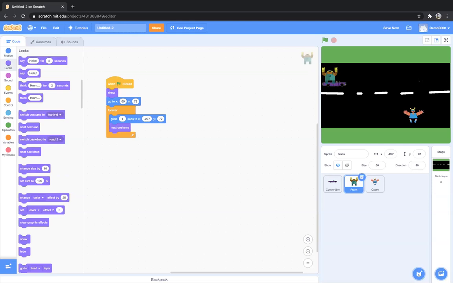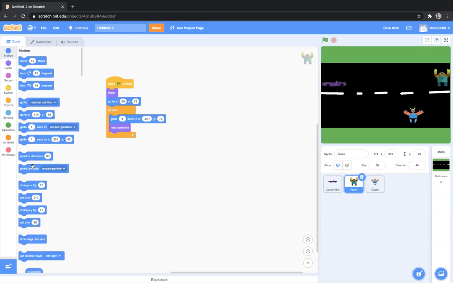How to do that? I'll drag and drop Frank and place it here. Now I have the coordinate for this position. So I'll go to motion again, use the set x block, and place it below here. This is the new position of Frank.